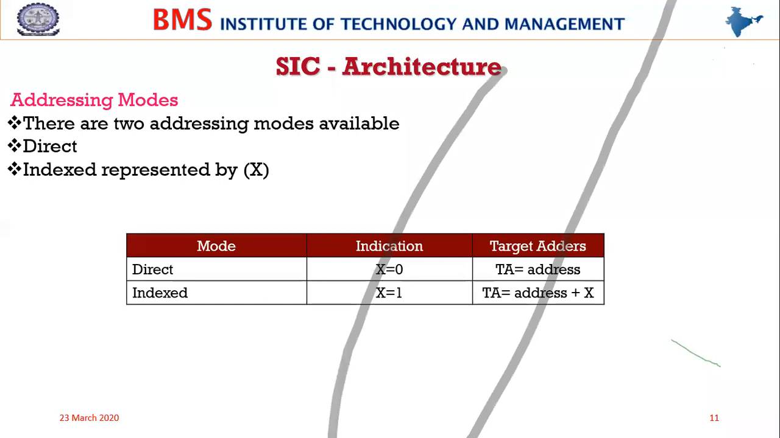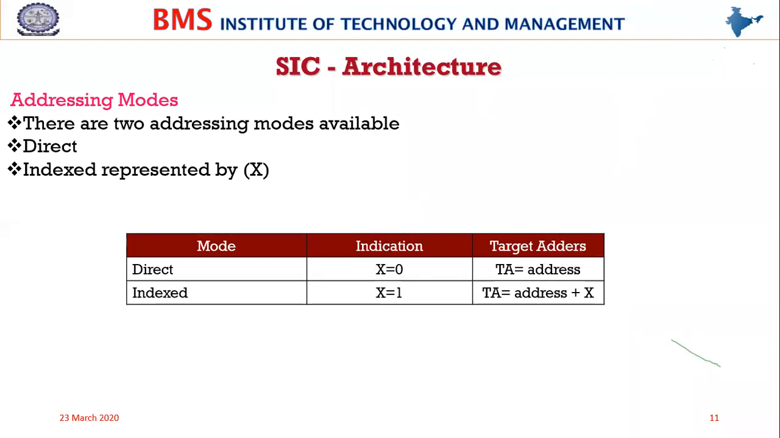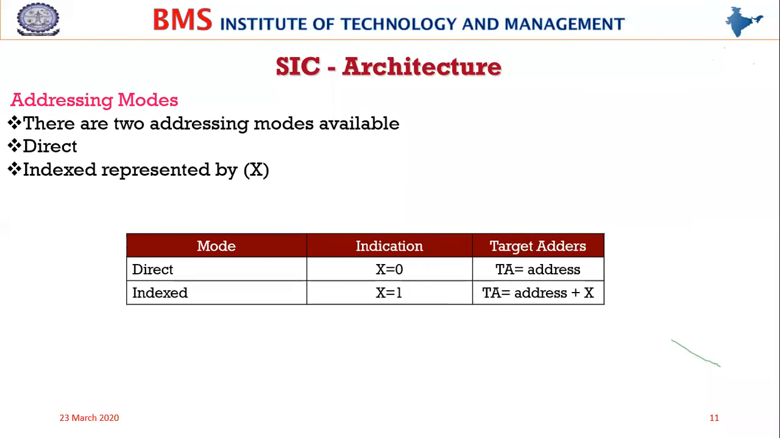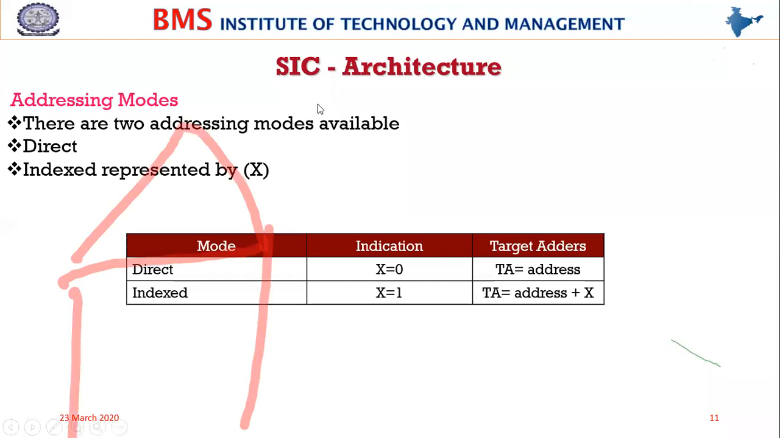And this is how the target address calculation will happen. If it is direct addressing mode, the target address is equal to the address itself, while if it is indexed addressing mode, the target address is equal to